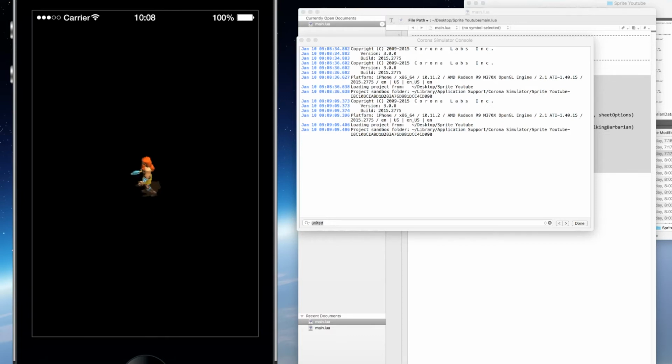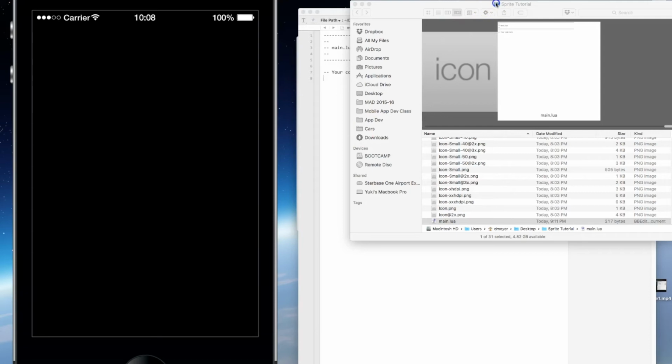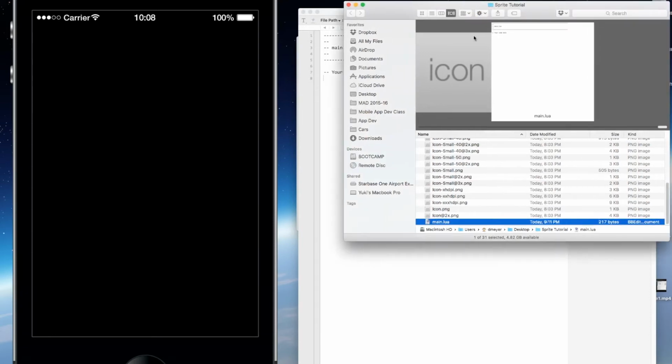So I'm going to show you that second part where we're implementing the actual sprite. I have other videos where I show you how to use Sprite Helper Pro, but for this, I'm assuming you know how to do that, you've done it already, and you've got your sprite sheet ready. So let's get started. Okay, so now I've got my Sprite tutorial Corona SDK project open, and in here,